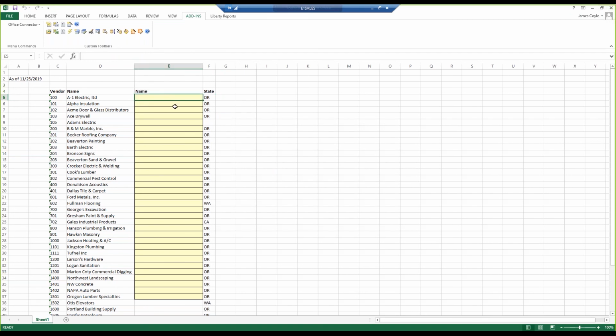If I put a new name here, like the person called this, that column would have been hidden. They wouldn't even have seen it. A1 Electric Incorporated. Now, this is different than Microsoft Access in that if you did use, I know Access very well,